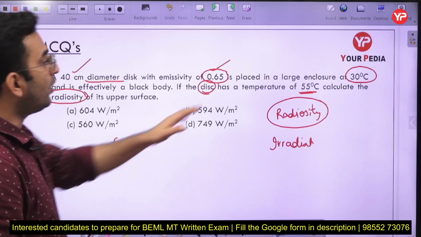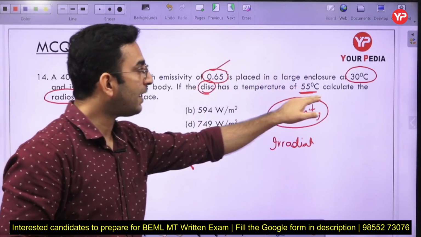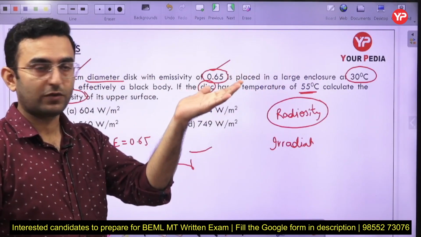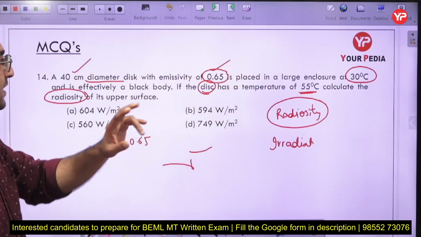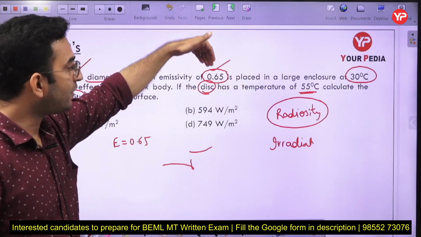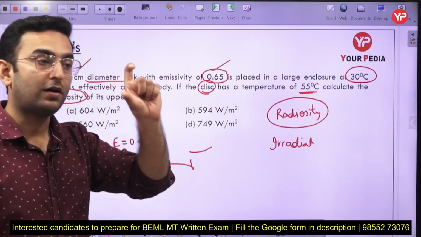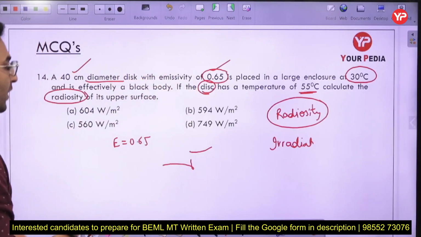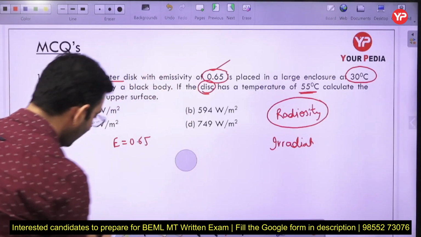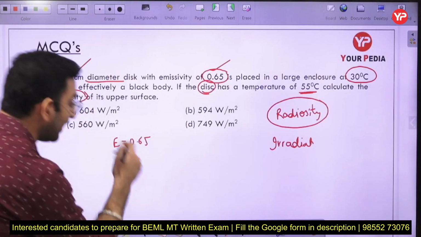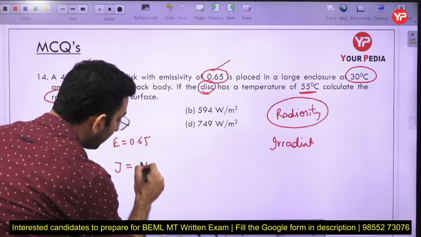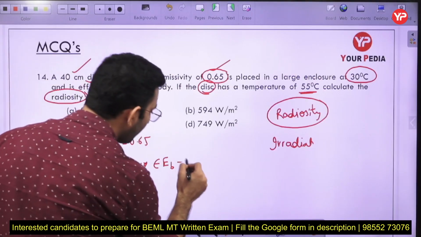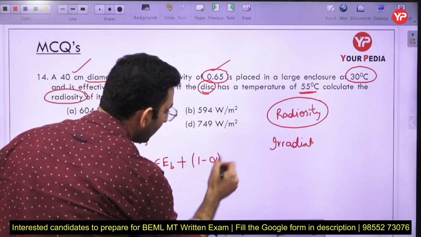Now you can see, first of all, due to the temperature of 55 degrees Celsius, some amount of radiation is going to be emitted from the surface. Along with that, due to the finite value of the emissivity, it also has some reflectivity, or I can say absorptivity also. Therefore I can say the value of the radiosity, which is generally represented by J, is written as emissivity multiplied by the radiation emitted by the black surface plus 1 minus absorptivity multiplied by the